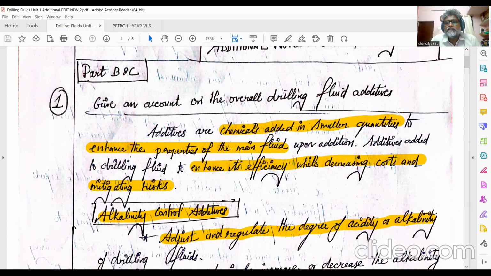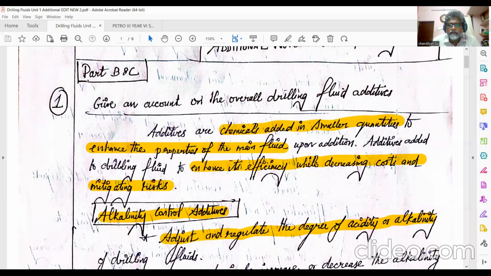For example, when we make tea, if we add a powdered form of cardamom to the tea, you can call that an additive. Elachi chai, or cardamom, which is powdered, when added to the tea, could spice up the tea and add flavors to the tea. So any material which is added in smaller quantities to the base fluid or the main fluid, for the sake of betterment or to increase the efficiency, to enhance the properties of the main fluid, is called